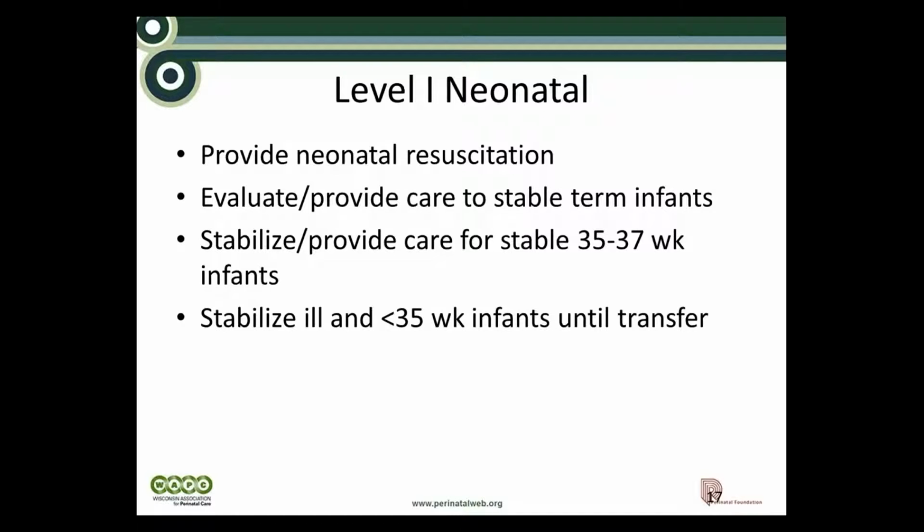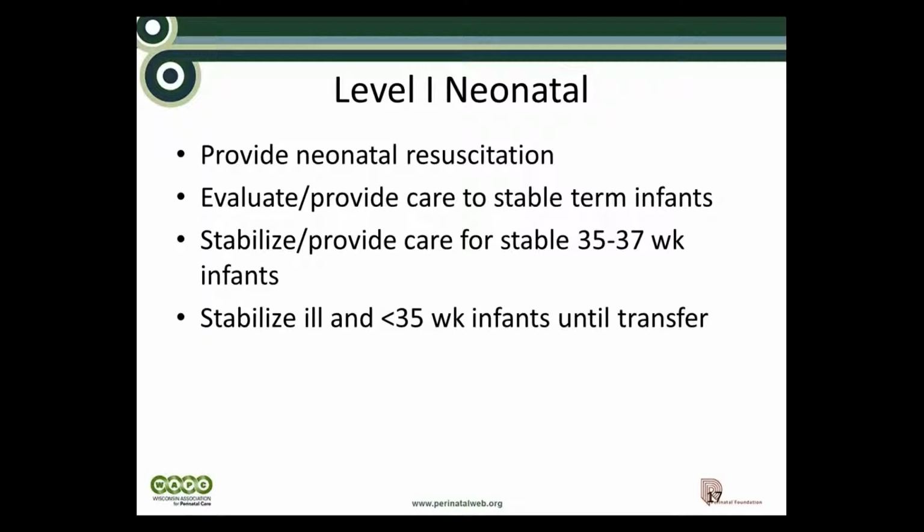And in some ways, I think these have been defined certainly differently because there's perhaps less of a gray distinction in some of these, but level 1 neonatal facilities should provide neonatal resuscitation. Indeed, any place that's delivering babies should be able to provide that basic skill. When you get to higher levels of resuscitation, you don't need necessarily a neonatologist or somebody like that there, but